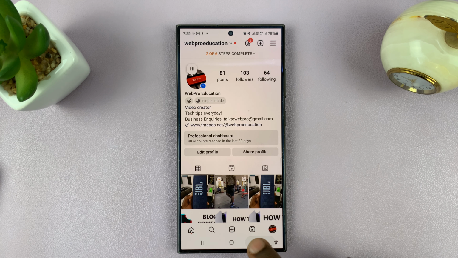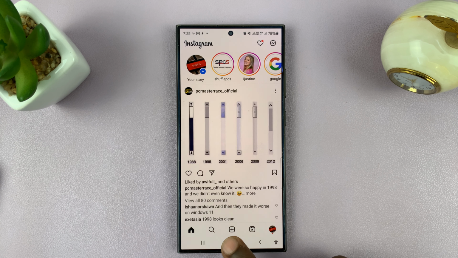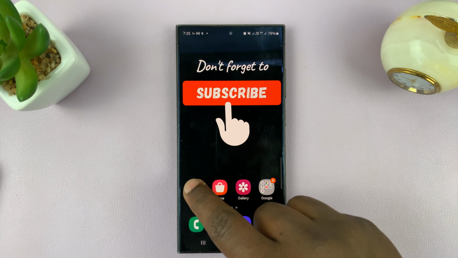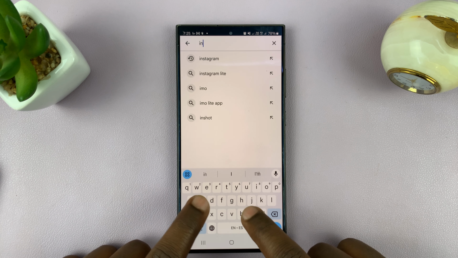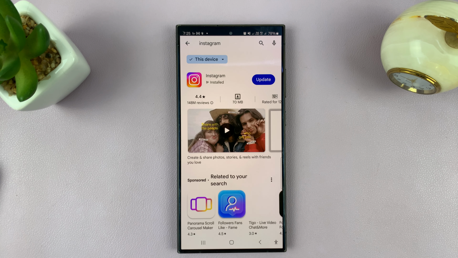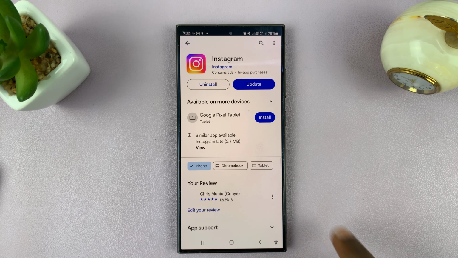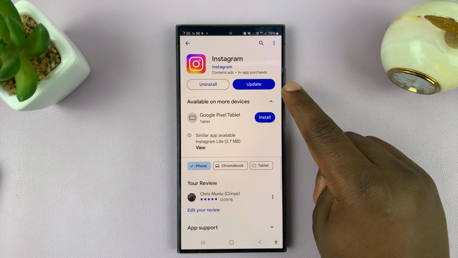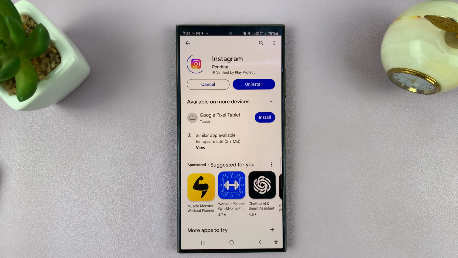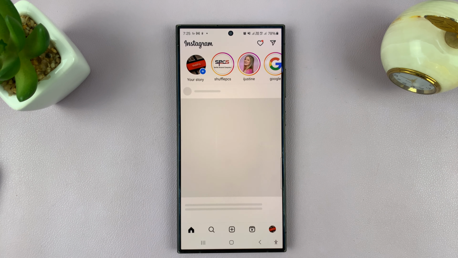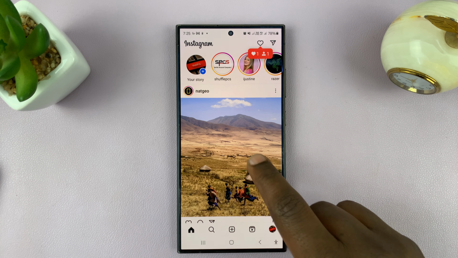Now, the other thing you might want to do is make sure you're using the latest version of Instagram. So you can go to your respective app store. That's the Google Play Store for Android and the Apple App Store for iPhone. Okay. So find the Instagram app in your app store. And if you have a pending update, just go ahead and update the app. And once the update is done, you can now try to relaunch Instagram, and maybe this time you should have